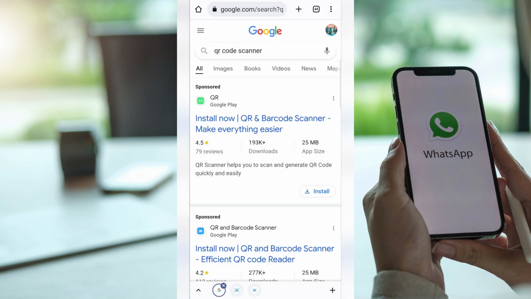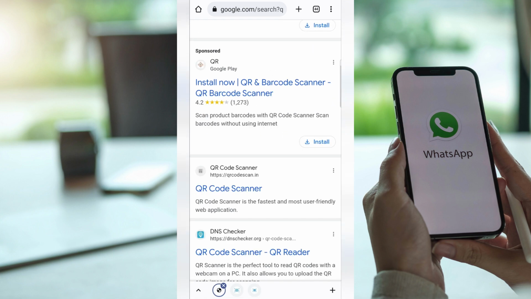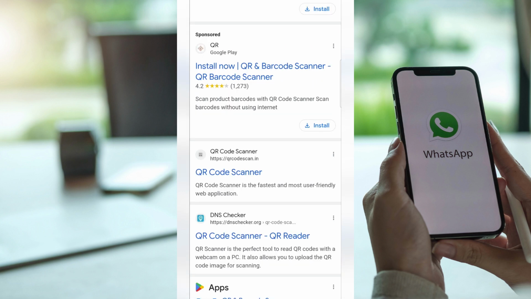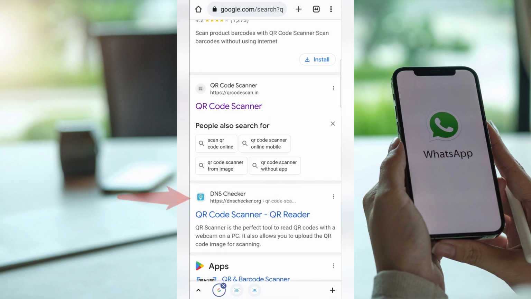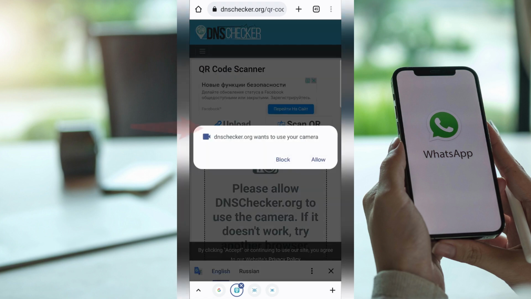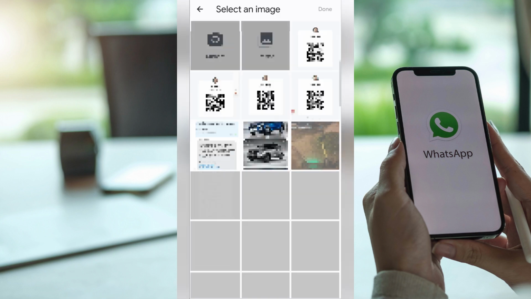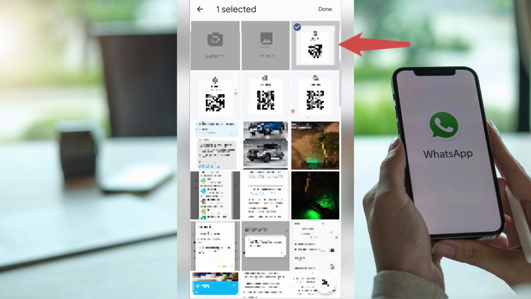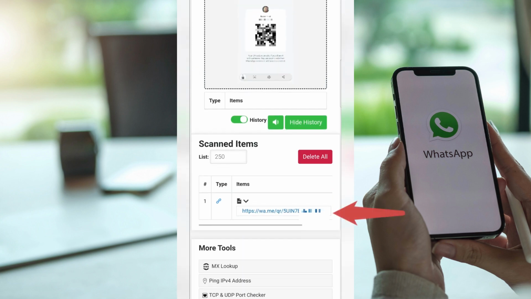In the browser, find a QR code scanner and next find the site, for example, the first site after sponsored, QR code scanner. We haven't taken a photo in this site, and let's try the other site. Here we can upload an image. Click Upload Image, then tap Upload QR Code, choose our QR code, then tap Done, and below we have our